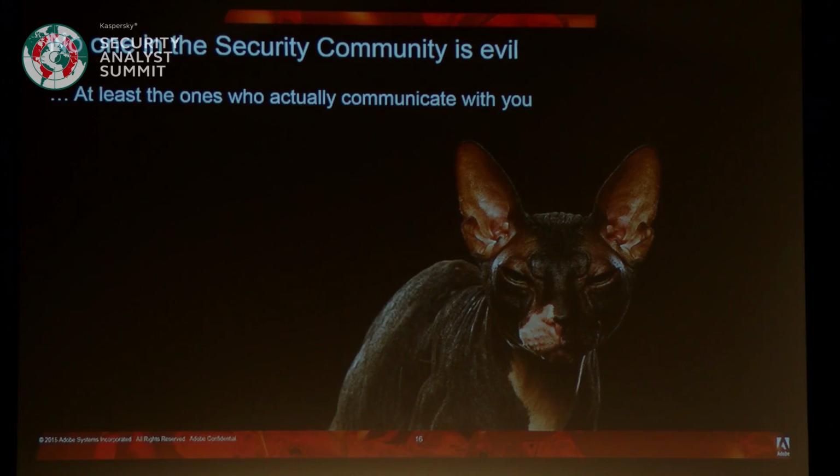So my parting thought is actually from a slide by David Leno of Adobe, and he used this very recently, just a couple weeks ago at AppSec California, because it's not just me saying we need to build trust. We need to build trust. And he was specifically talking about researchers. No one in the security community is evil, at least not the ones who communicate with you. And it is an oversimplification, absolutely. But it challenges our stereotypes.